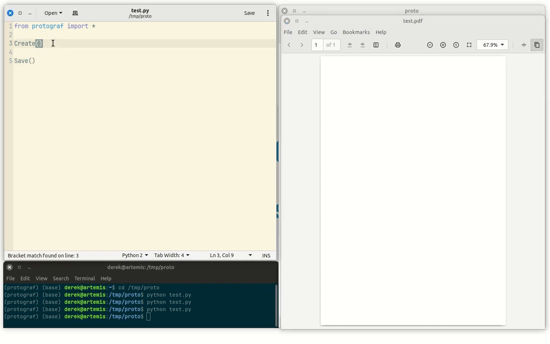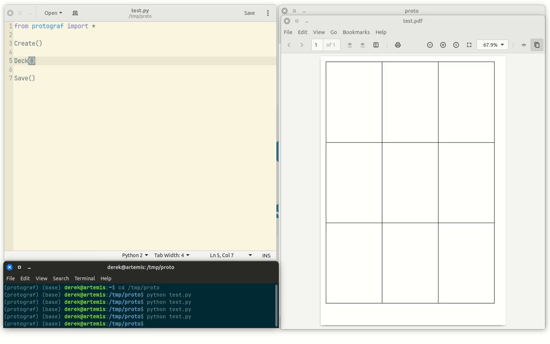Just before this tutorial ends, we'll just go ahead and add one more command in. That's called the deck command. I'm not going to go into any detail, but as the name suggests, it's a placeholder for setting up a deck of cards. And to see what it will actually do, as before, we can type Python test.py, execute that,